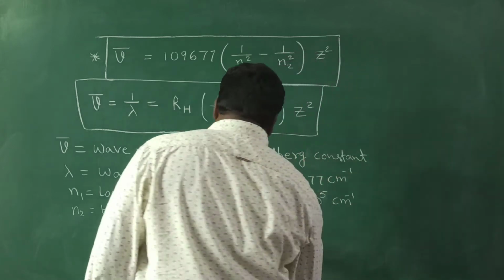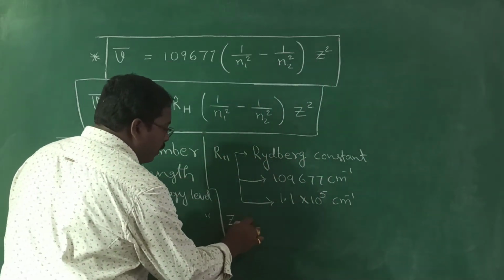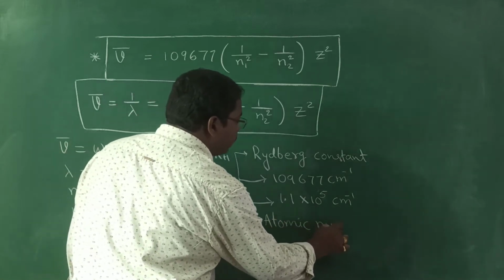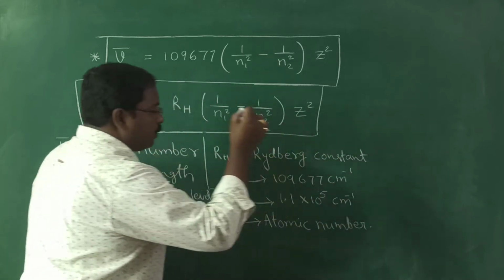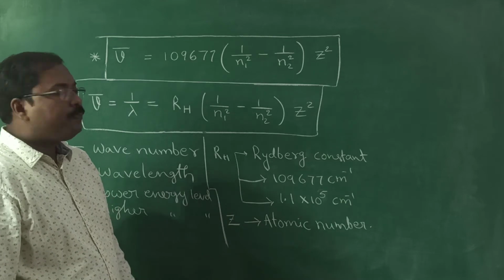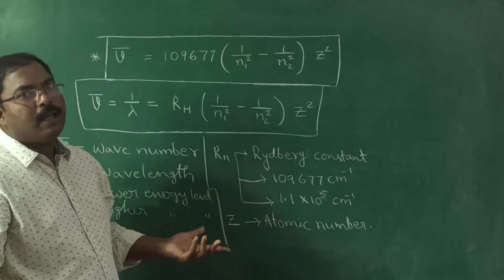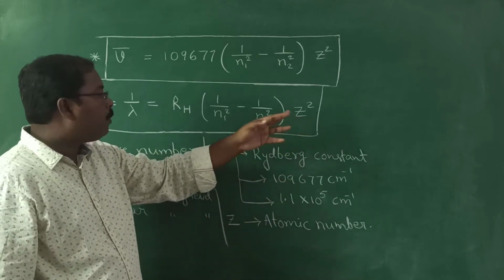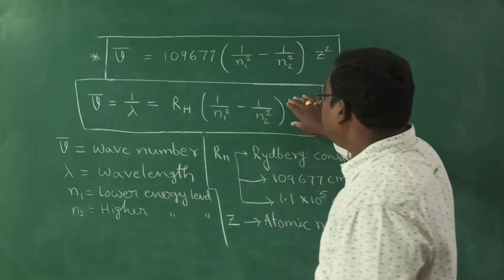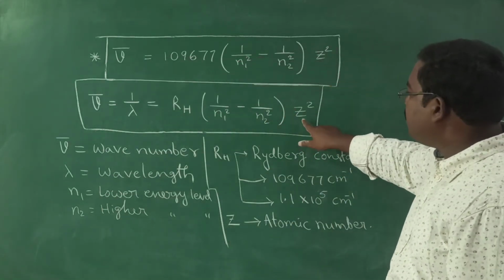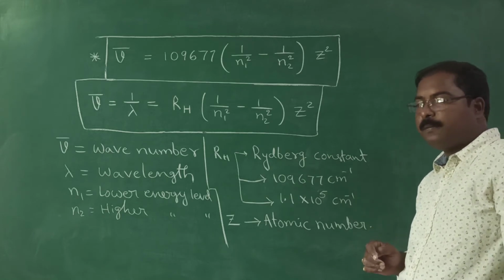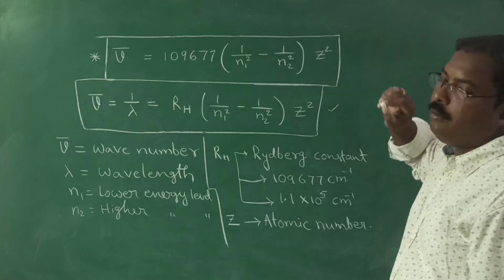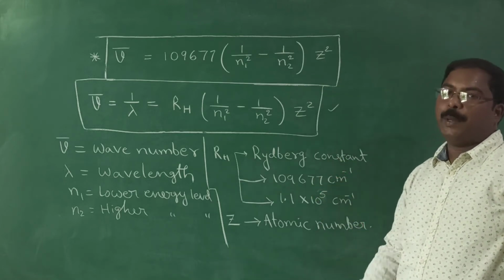And coming to the last one, that is Z. Z, everybody knows, represents atomic number. So it is a hydrogen spectrum, so we have to take the atomic number of hydrogen. What is the atomic number of hydrogen? Just 1. So the formula will be simply without Z. Got it? Because for hydrogen, Z value is 1. Understood? So this is the formula we have to use to solve any questions related to the hydrogen spectrum. Okay?